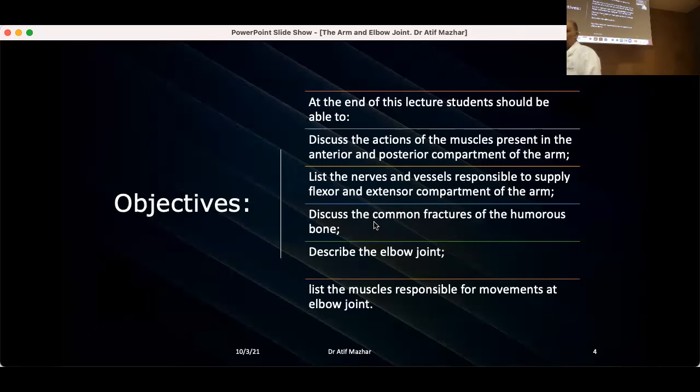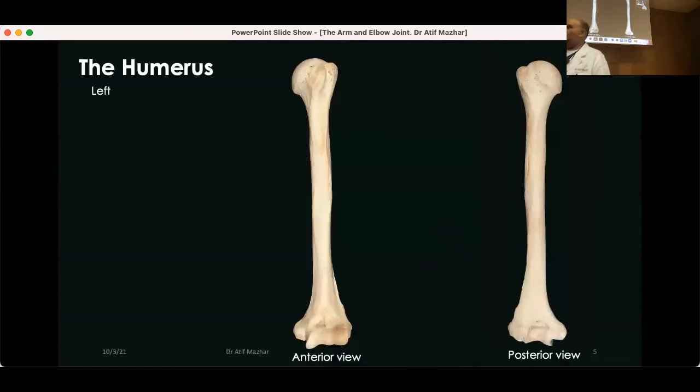These are my objectives. You can read them through. Now, without any further delay, I'd like to go over